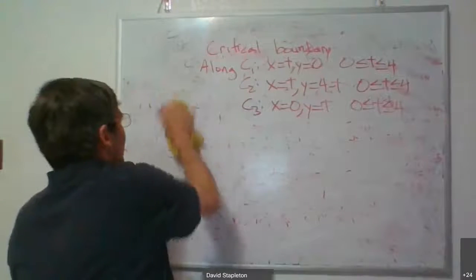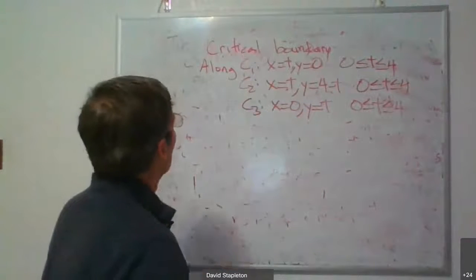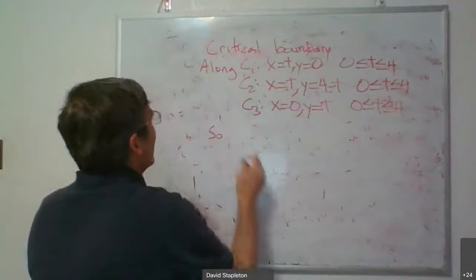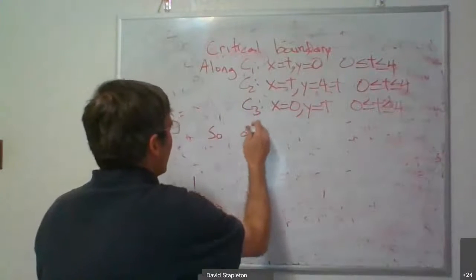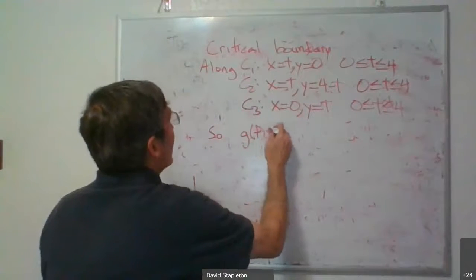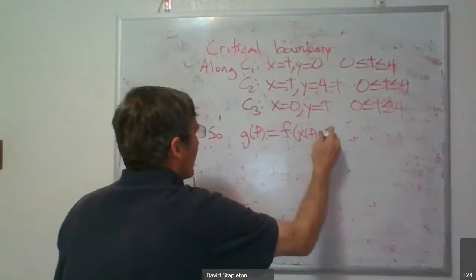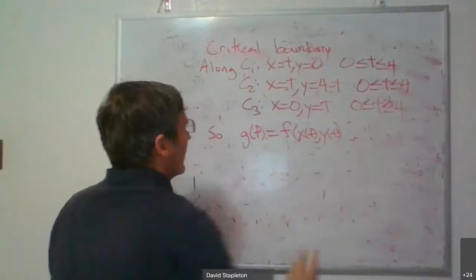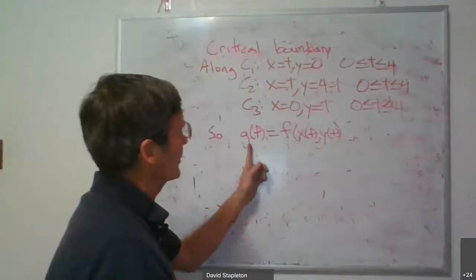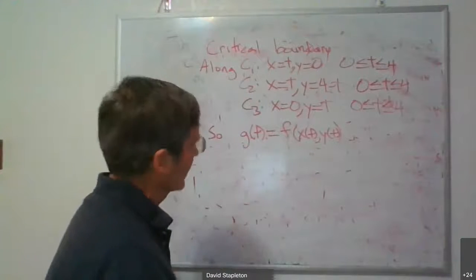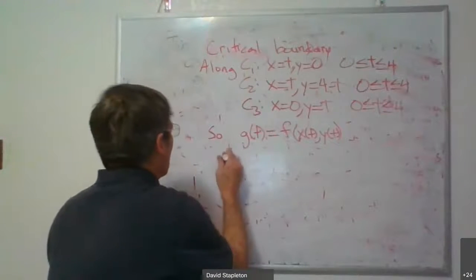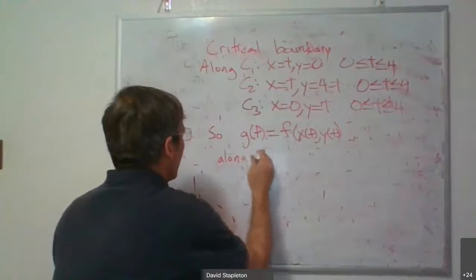Now, those are the parametric equations for the curves. So, if I think of g of t, a function of one variable, as f of x and y each as functions of t along a curve, this gives me parametric equations for z as I move along the curve. Suppose I go along C1,